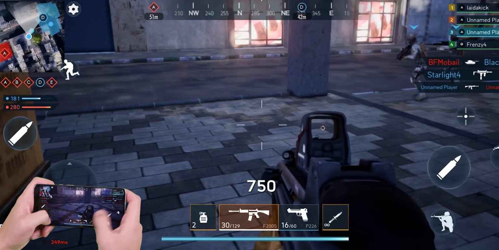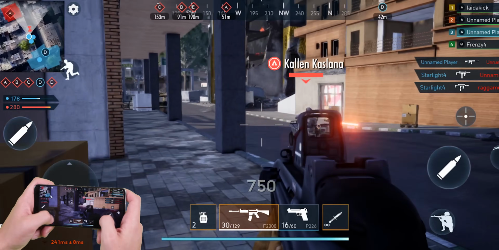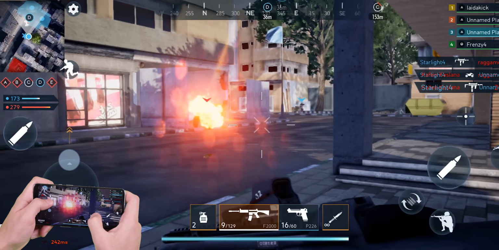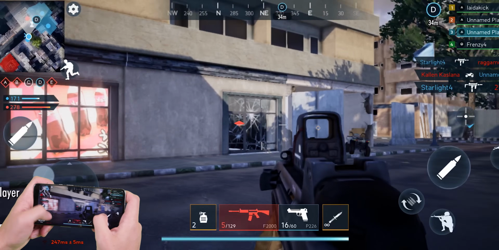Moving on to the games, the first one is Battlefield Mobile Alpha. Yep, the same popular game created by EA on consoles. I guess they saw that Call of Duty Mobile was a huge hit, so they also wanted a piece of the pie. The game isn't on the Play Store yet, but I was able to download it off APK Mirror